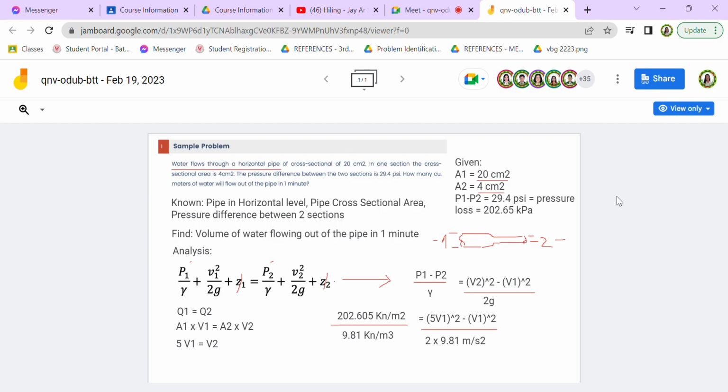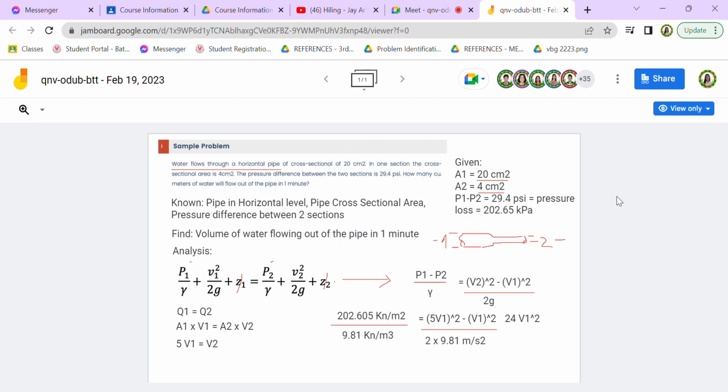So 5v1 squared minus v1 squared is equivalent to 5 squared, which is 25, minus v1 squared, which will be 24 v1 squared. I-type ko na lang dito din. So let's divide the value. So 202.605 kilonewton per meter squared divided by 9.81 kilonewton per cubic meter times 2 times 9.81 divided by 24